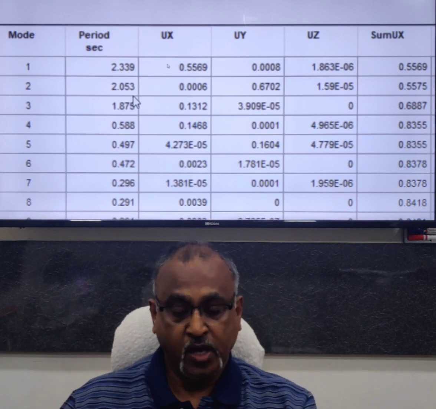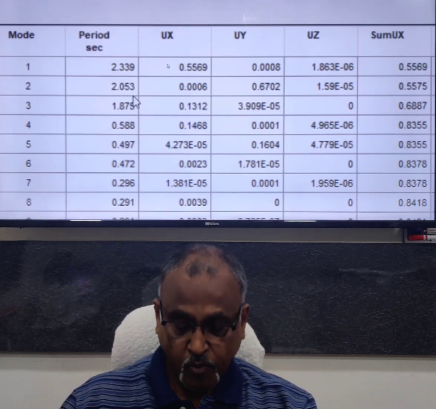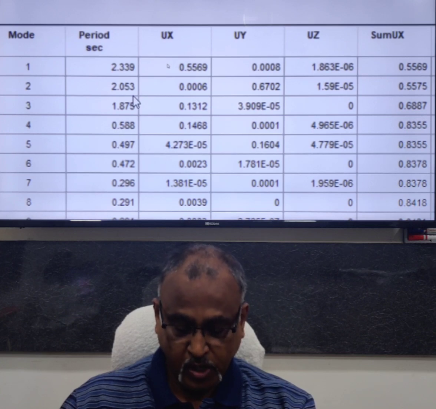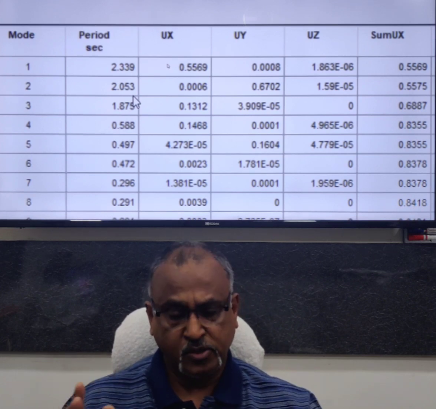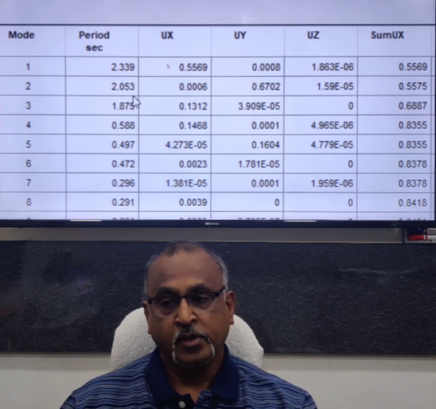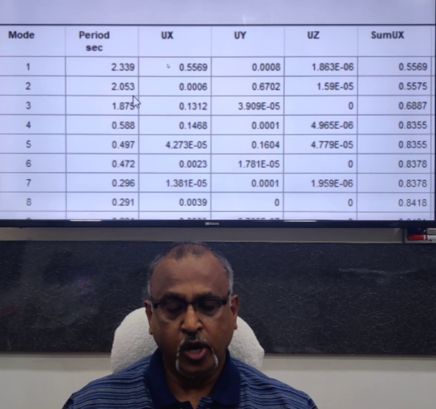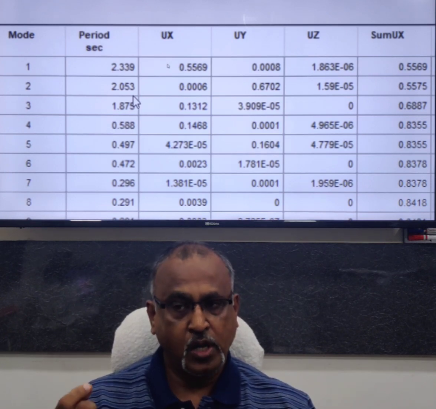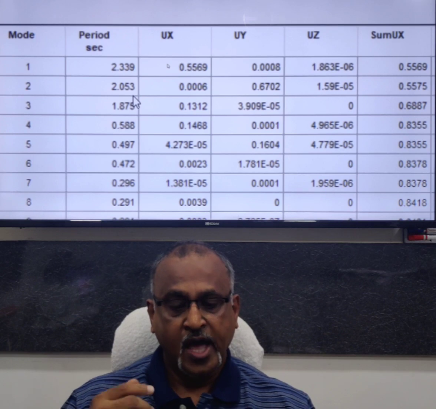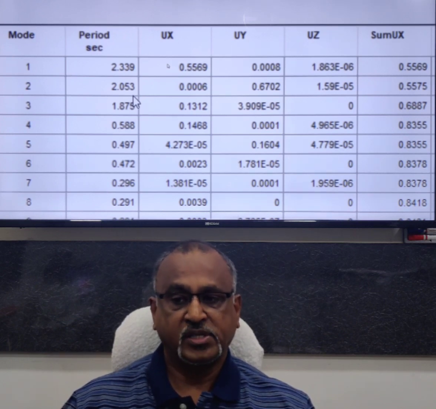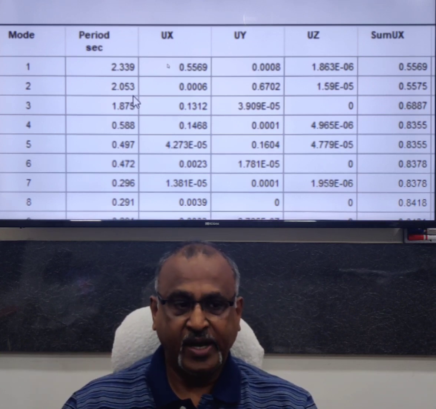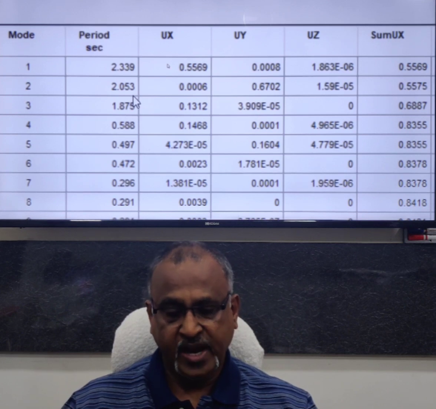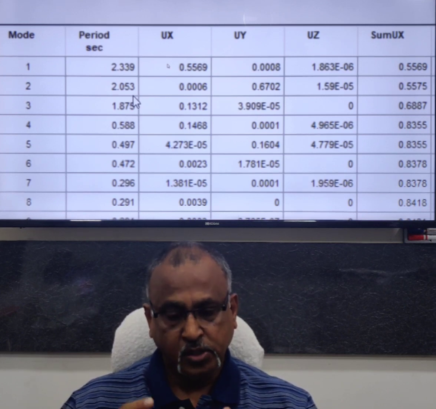So if I just check what is the ratio coming, 1.875 divided by 2.053. So this is coming out around 0.91. So it is as good as 0.9. So this way now we have achieved all the conditions. There is a very small torsional coupling in the translational mode. At the same time, the torsional mode is the third mode. First two modes are translational mode, and torsional mode is separated properly from the second mode, that is the translational mode, and torsional mode is the third mode.